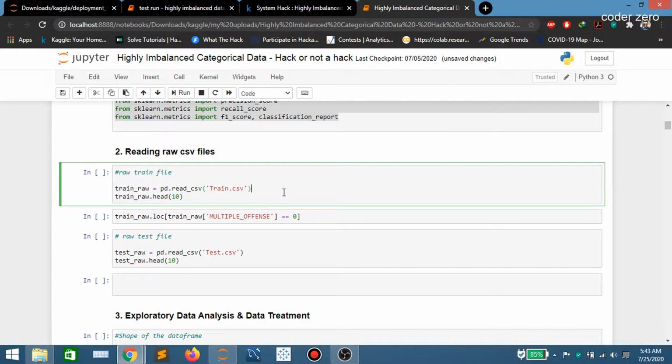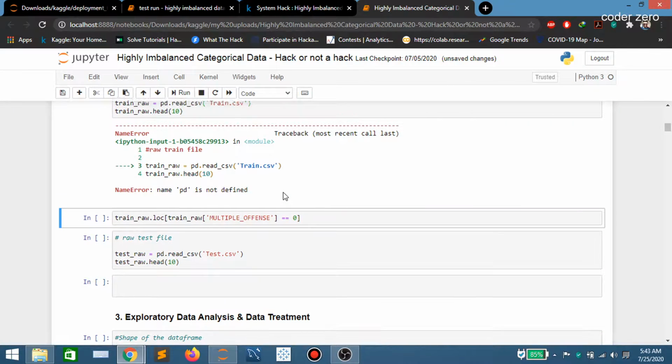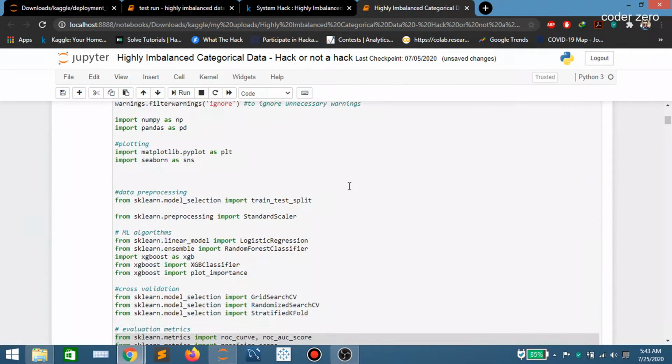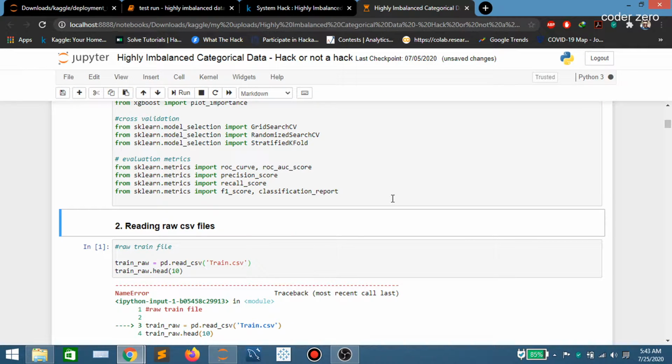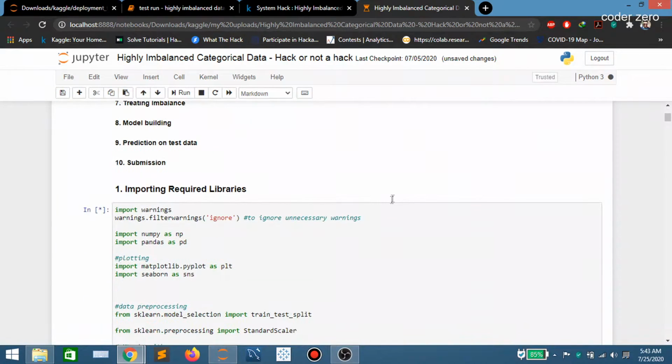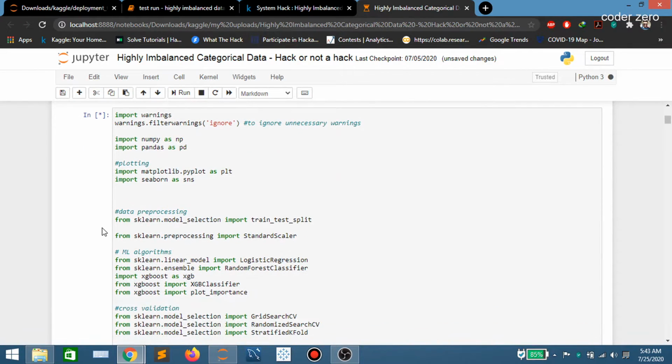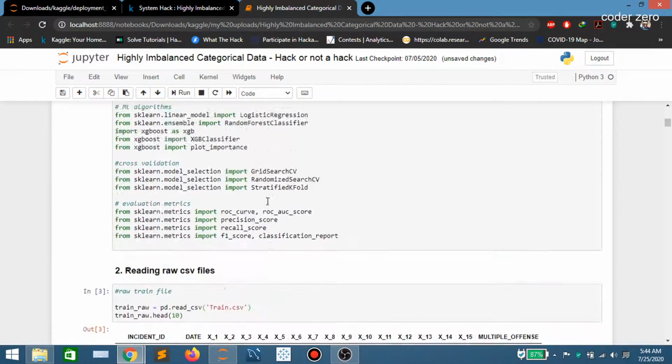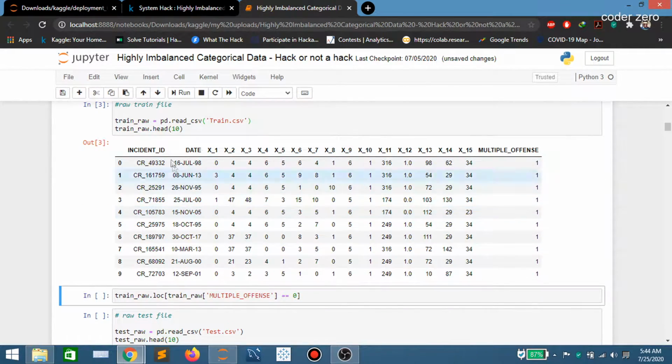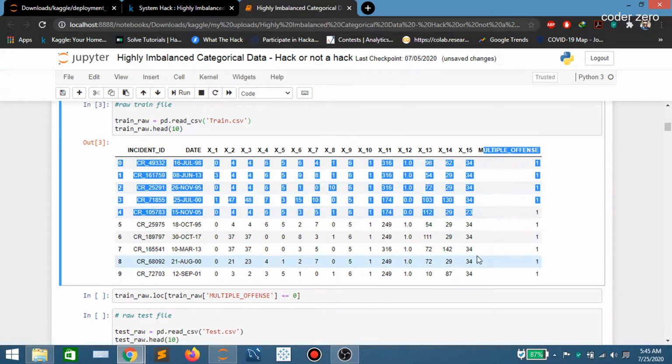So let's read the train file. Okay, sorry, I did not import any libraries here. First, import all required libraries. Okay, it's importing, it's taking some time. Okay guys, we have imported everything. Then we have read our train file. Here you can see we have incident ID, date, and variables from x1 to x15, and this is our target variable.